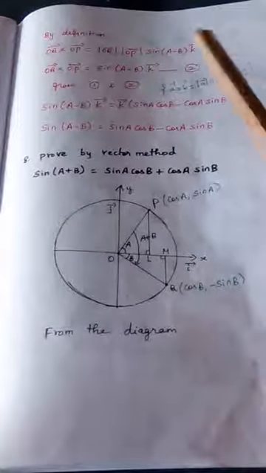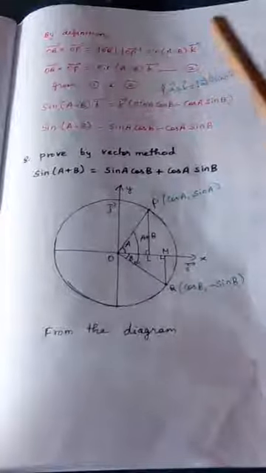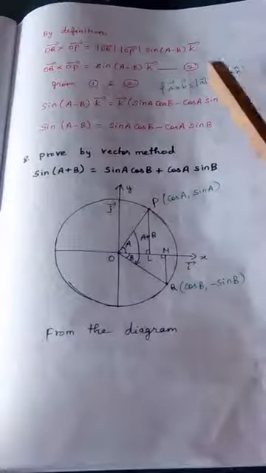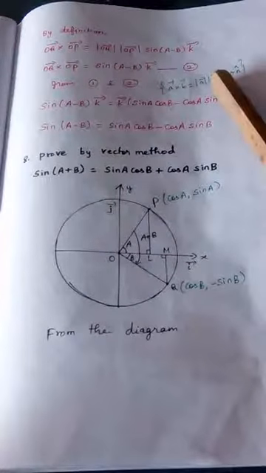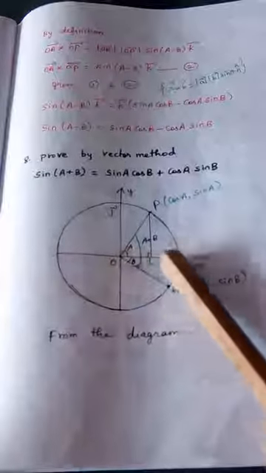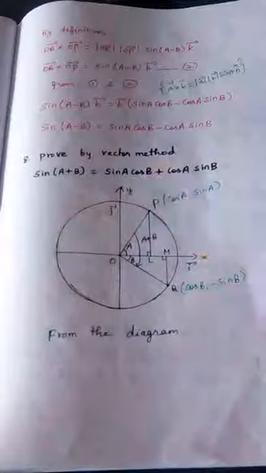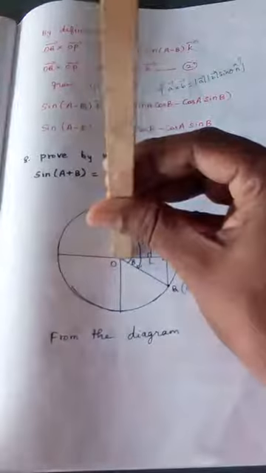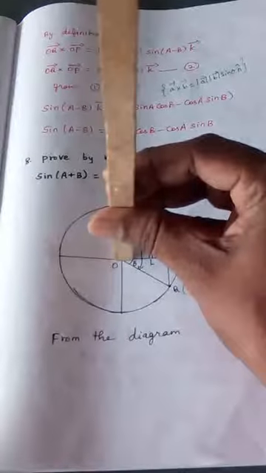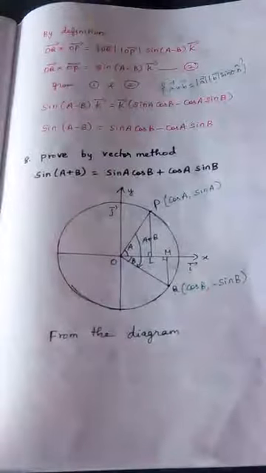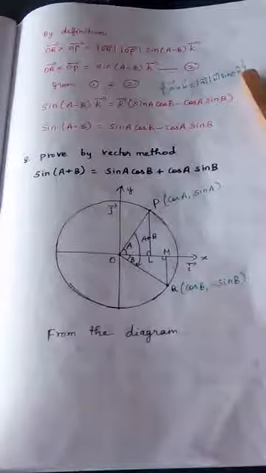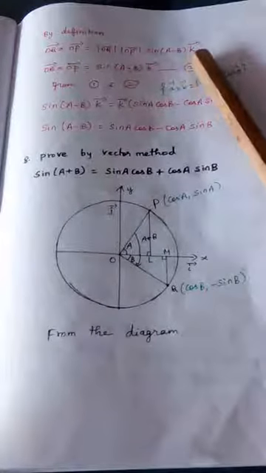N cap is present, no? Instead of that, we should write K vector. What is the meaning of n cap? N cap is nothing but the unit vector perpendicular to both A vector and B vector. If you see this diagram, this is A vector. Suppose A vector lies on the x axis and B vector lies on the y axis. Then this will be the vector which is perpendicular to both A and B. Therefore, this is nothing but the Z axis. So the unit vector in the Z axis is taken as K vector. Because of that, in place of n cap, we are writing K vector.